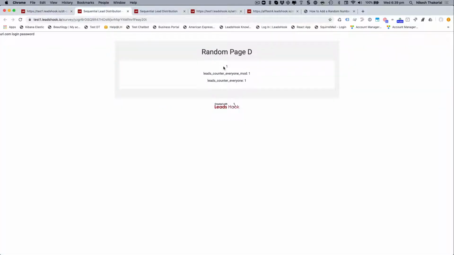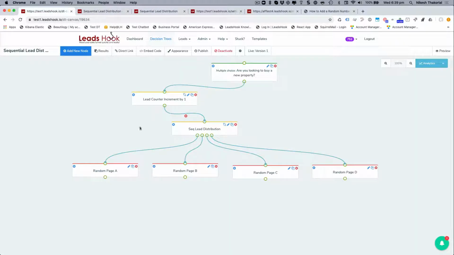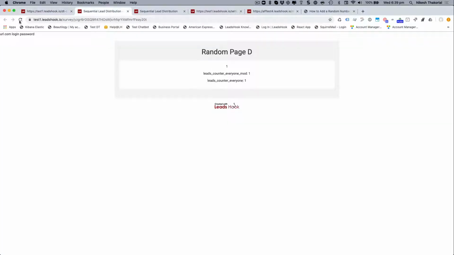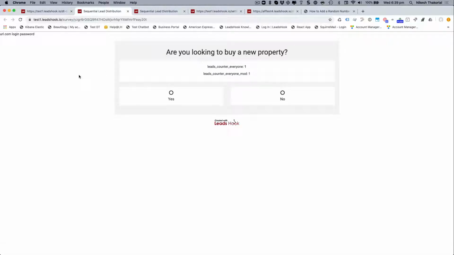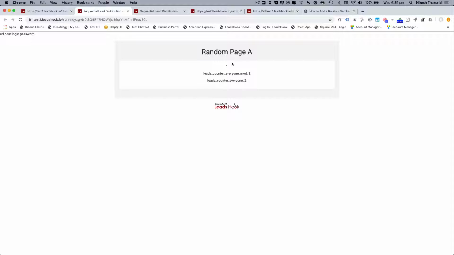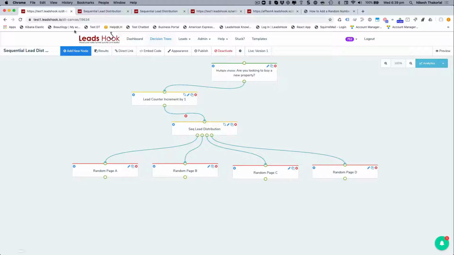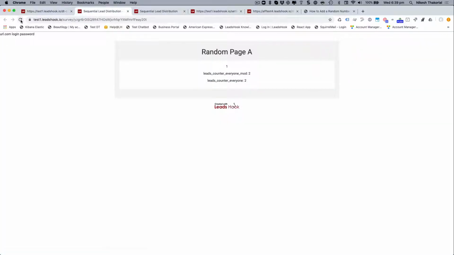So we saw page D. Next thing we should do is see page A. Right, so there you go. Mod 1, that's from the previous. Go ahead and say yes, there you go, page A. Okay, so you can see the values increment. If I refresh this, so now I've come from there, I've come to here. If I run it again,